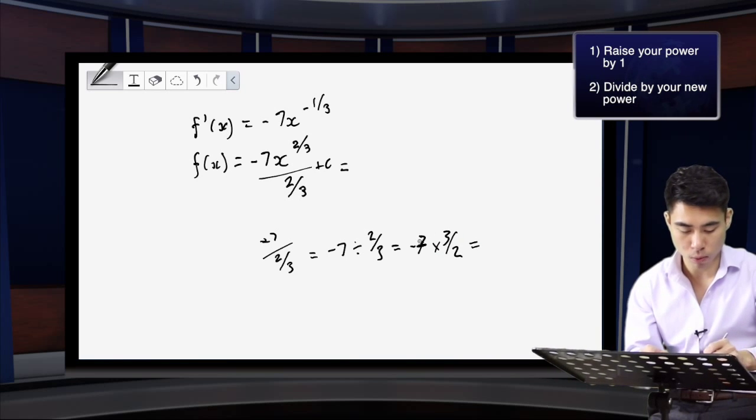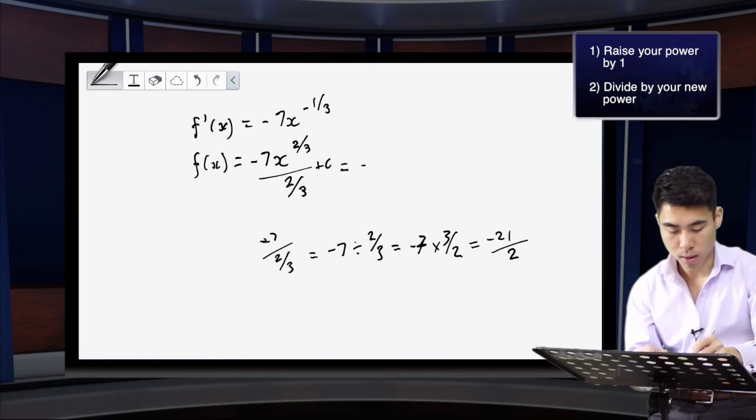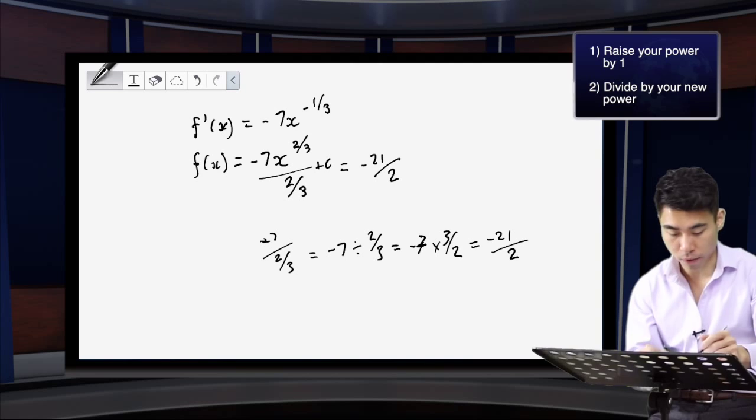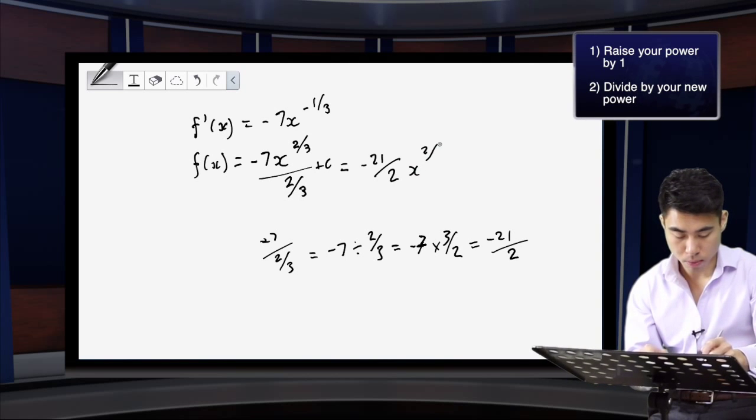What does that give me? Well, I'm going to have minus 21 on the top, denominator stays the same, so essentially minus 21 over 2, just dealing with this part here to begin with, so that minus 7 and that 2/3, x to the power of 2